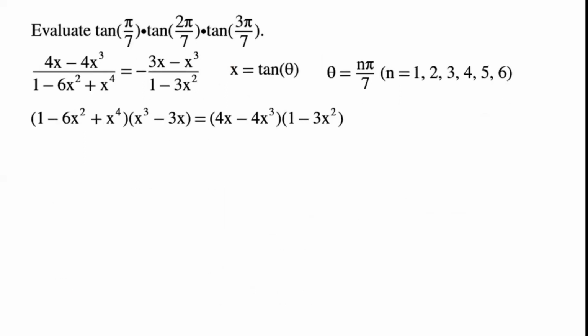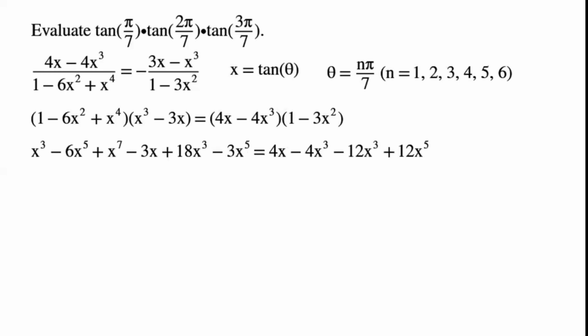By simplifying the equation, we can now write 1 minus 6x squared plus x to the power of 4 times x cubed minus 3x equals 4x minus 4x cubed times 1 minus 3x squared, which can be written as x cubed minus